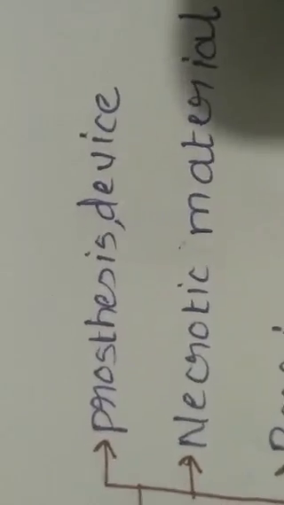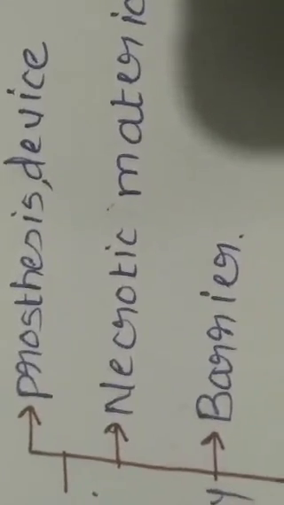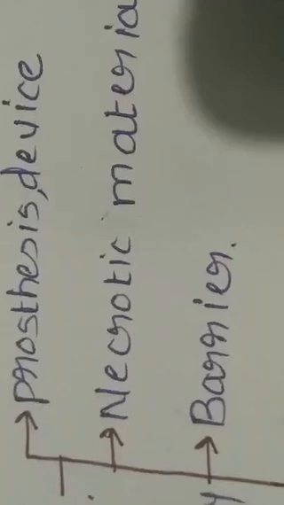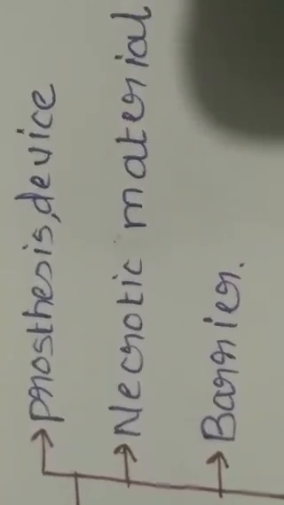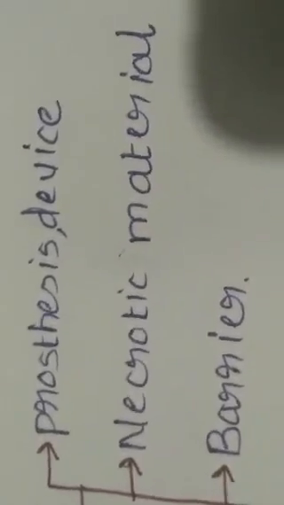Same way in the case of necrotic material. Then if there is any barrier, say for example, subacute bacterial endocarditis, the antimicrobial agent will not reach the target site, and if it will not reach the target site, how will it produce its action? So, these are certain points that are a barrier and which prevent the antimicrobial agent from reaching the target site. Then many times the site is inaccessible, and one important point here I want to say